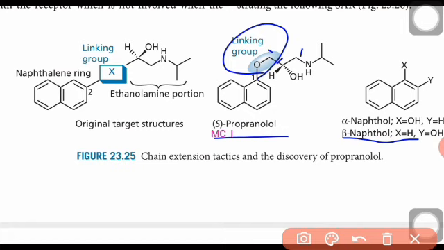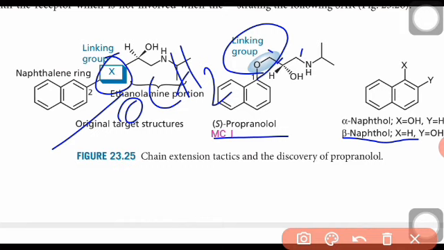The X is the linking group; they have changed it to OCH2. Originally it was ethanolamine. Now, the introduction of OCH2 brings about